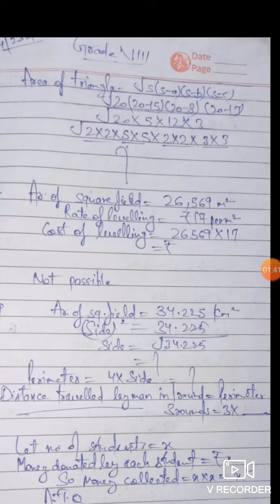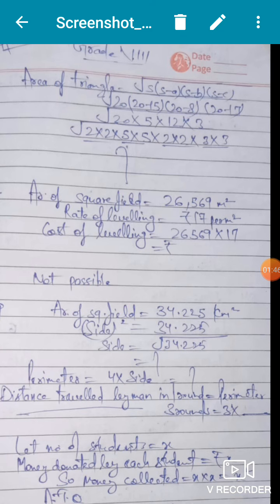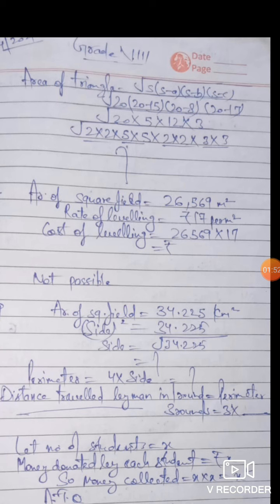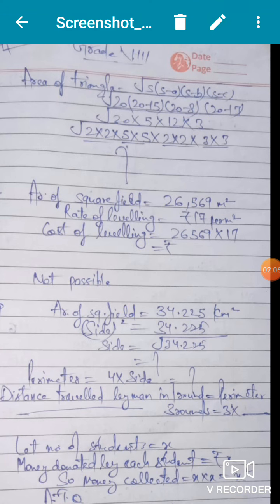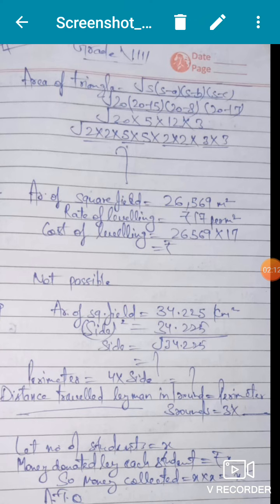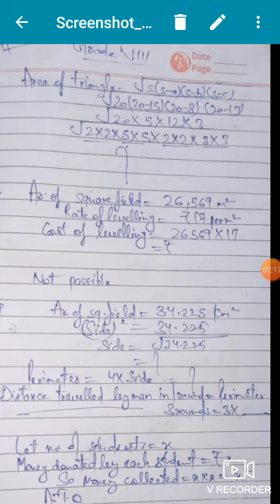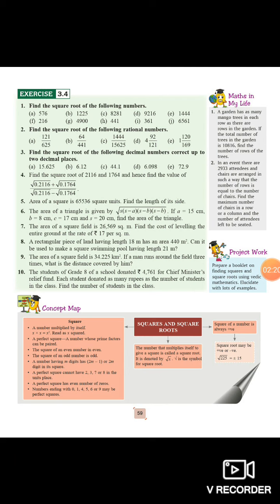Most preferably we choose the prime factorization method. Then why multiply all these numbers? Firstly, we can find the prime factors, which will be easy. Like the prime factors of 20 we can tell verbally: 2 into 2 is 4, so 2 into 2 into 5 will be the factors of 20, and 5 as it is. Same for 12, the factors are 2 into 2 into 3, and then 3. Next, you know, we have to make pairs, like you can see I have made. From each pair you will take one digit and multiply, and that will be your answer. Clear? In this way question number 6 we have to do.